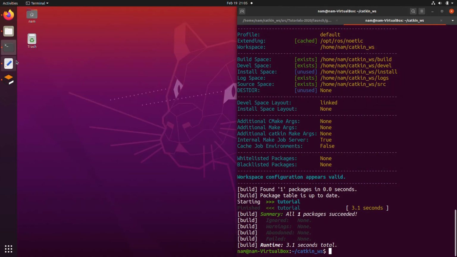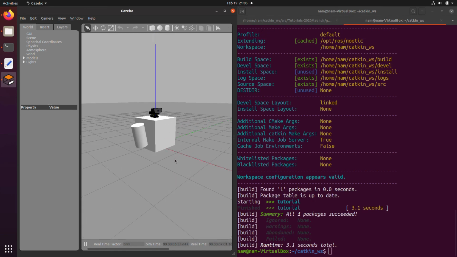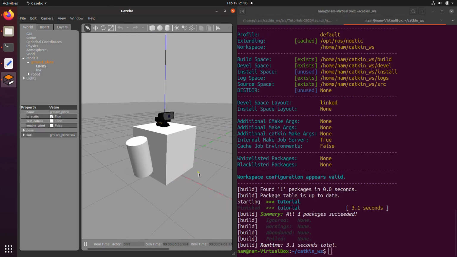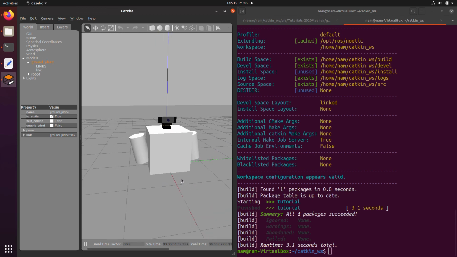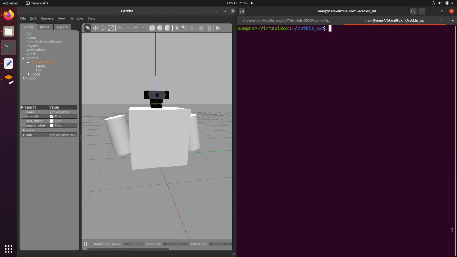Okay, let's pull up our simulation. I'm going to put it off to the side, and let's see whether our arm moves. I'm just going to clear the screen and type in our command. We're going to do rosrun and then our package name and the node, the program that we wrote. In this case, we called it my publisher, right? So if I press enter,